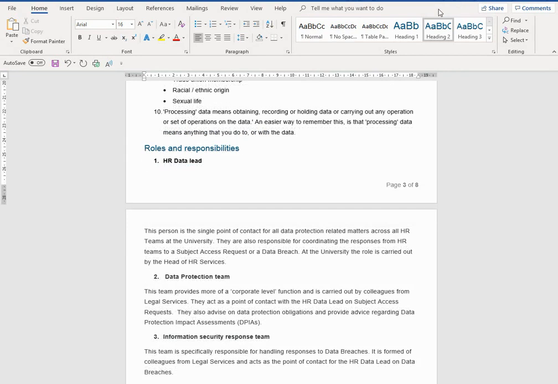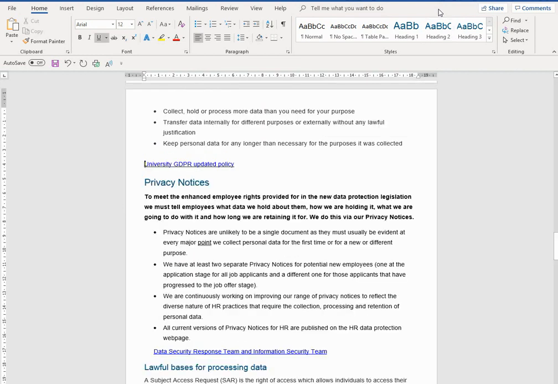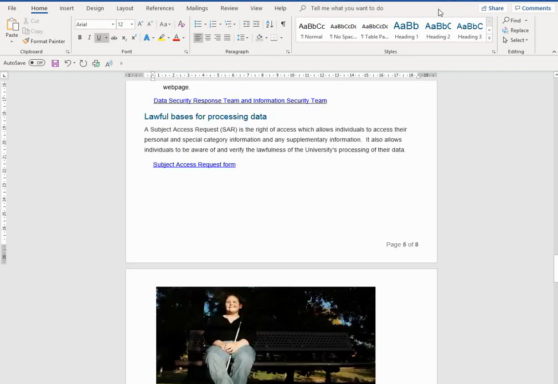And I can also navigate through the document by using any hyperlinks that might be in it. And I do that by using the shortcut key K. University GDPR updated policy. Data security response team and information security team. Subject access request form. Hopefully that's a good demonstration of how I can use a screen reader to navigate through